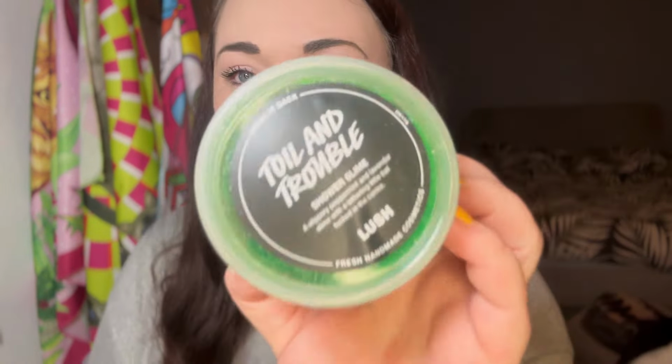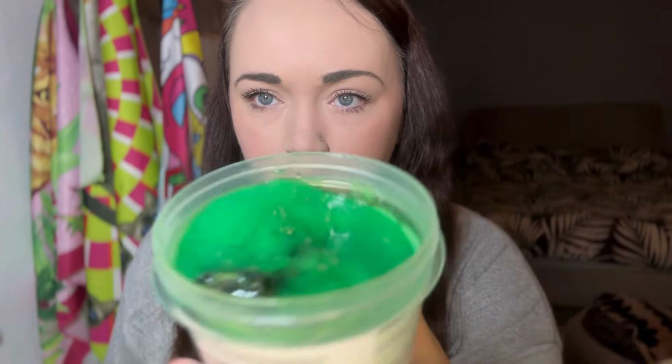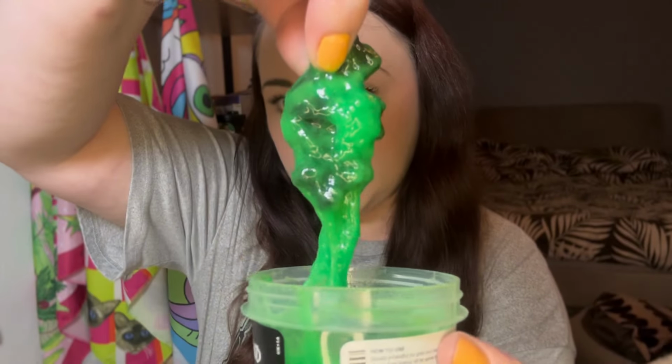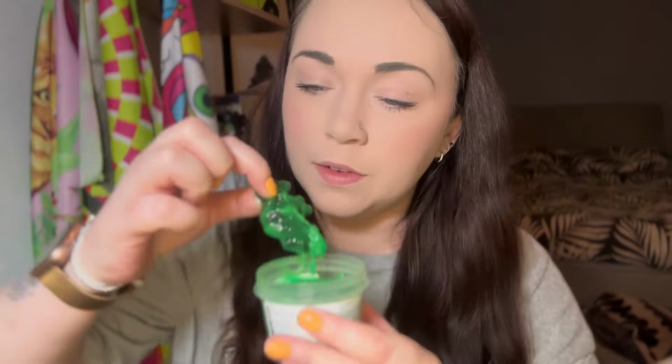And it's the Toil and Trouble shower slime. So you open it up and it's just a slime, and then you've got a little jelly, not a jelly, sorry, a soap bat in there as well, which I love. Yeah, it's just stunning. The product itself is super lovely. It makes your skin so soft, it's crazy. The scent is unbelievably strong. Like, I would even go as far as to say,